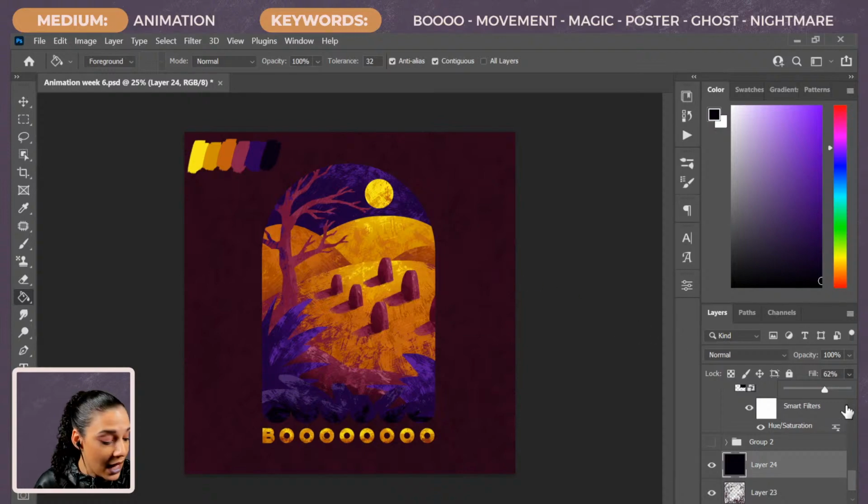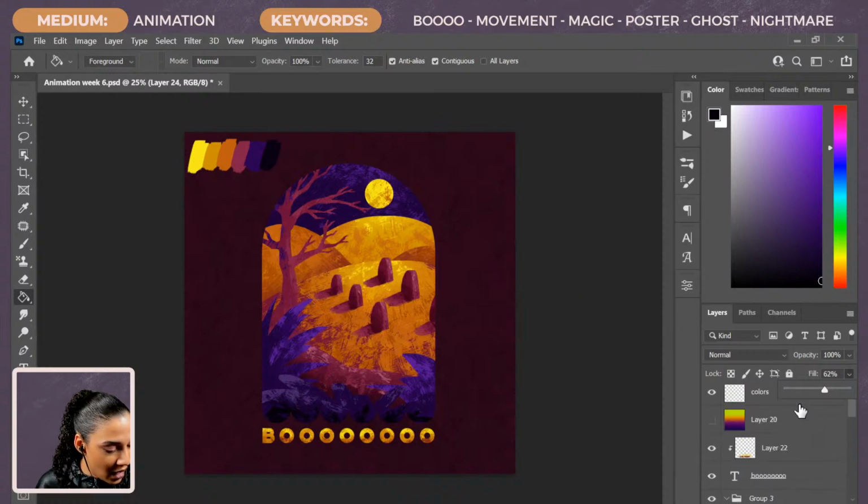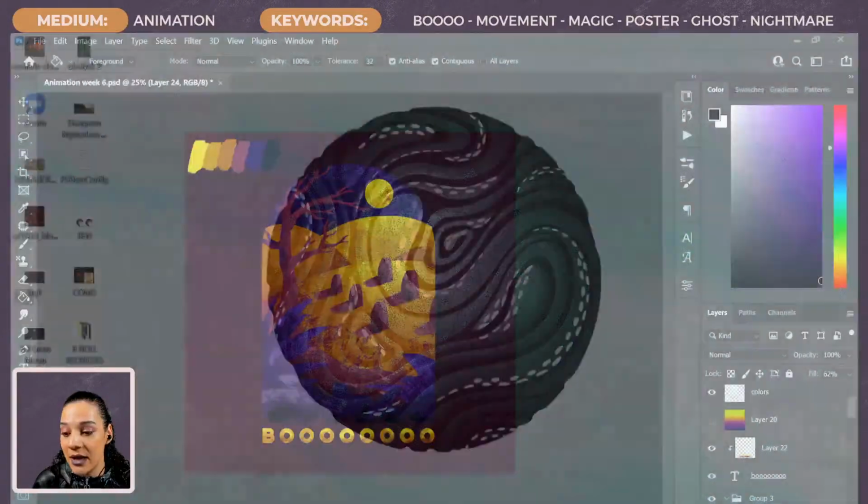Well, I will tell you a secret. I actually really struggle choosing colors. It's something that frightens me. I've been a full-time artist for 7 years, and to this day I still have a lot of trouble choosing colors. Some of the things that I like to do is use Adobe Color to find color palettes.